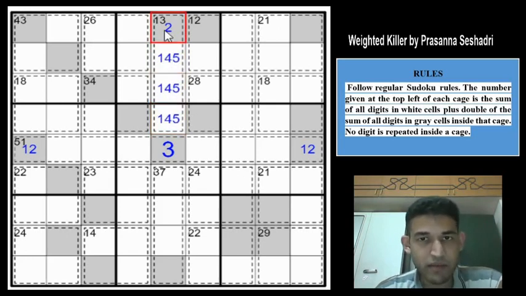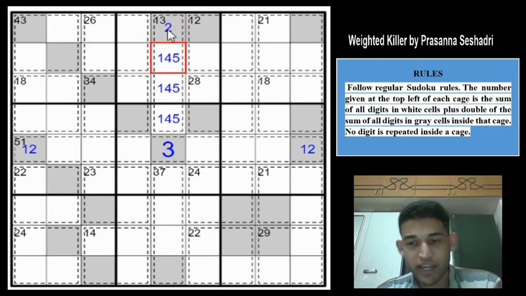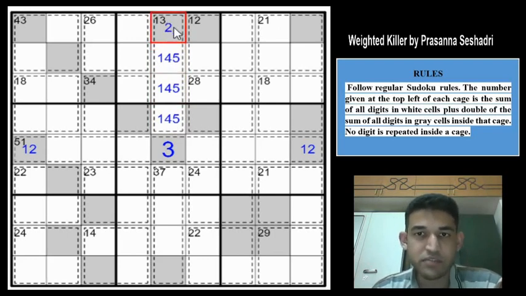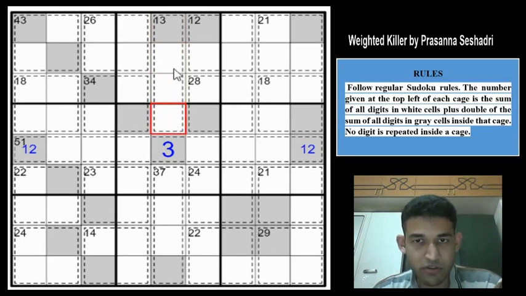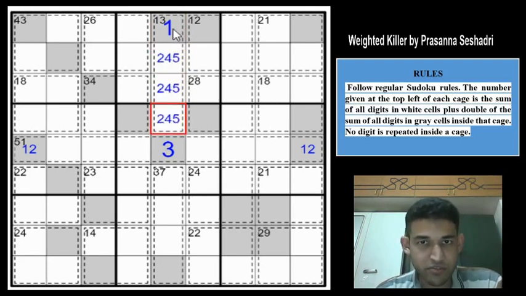So 2 multiplied by 2 gives 4, and then 1, 4, 5 you need to add, which is 10. So 4 plus 10 gives you 14. So you cannot have 2 here. You need to have something less than 2 here to satisfy the total of 13, which means that the only possible value that can go here is a 1, and these 3 cells must be 2, 4, 5, right? So this becomes 2, and when you add that with 11, you get the 13 total.